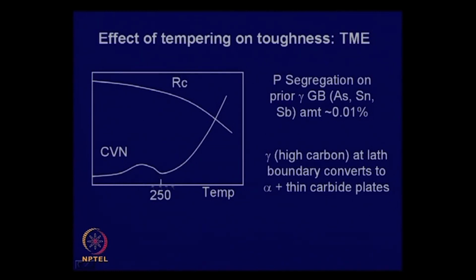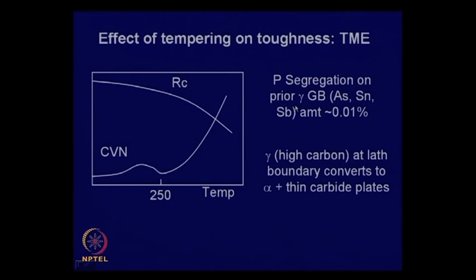I said this is around this temperature range, it takes place around 250. And here the hardness, this is how the hardness is dropping. From the hardness you can't make out the toughness; low hardness does not necessarily mean high toughness. Look at here, the hardness has significantly dropped down, but the toughness, which was beginning to increase with the tempering, has a drop over here. Thereafter it goes on increasing, and this type of embrittlement is primarily associated with segregation, like phosphorus segregation, some of